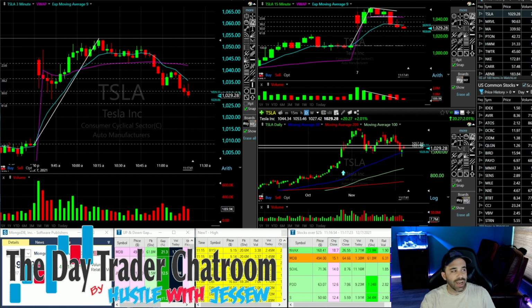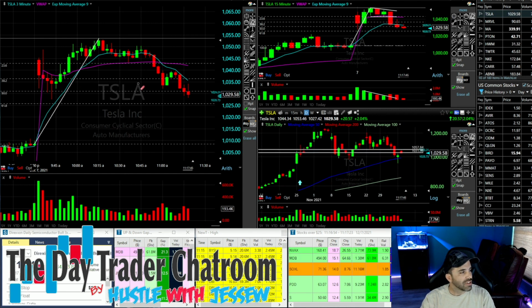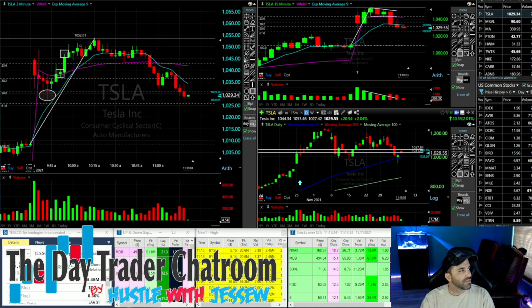So this morning we had a great plan on Tesla. We talked about 1030 holding support for a move towards 1050s, 1060s. 1030 held support here. We had a nice breakthrough VWAP. This would have been the prime entry for me on this VWAP hold. First take profit on calls would have been up here. Second take profit on calls would have been up here. And probably a third or final would have taken place in here in front of this high of day when we couldn't get through that move. So that would have been an awesome trade.